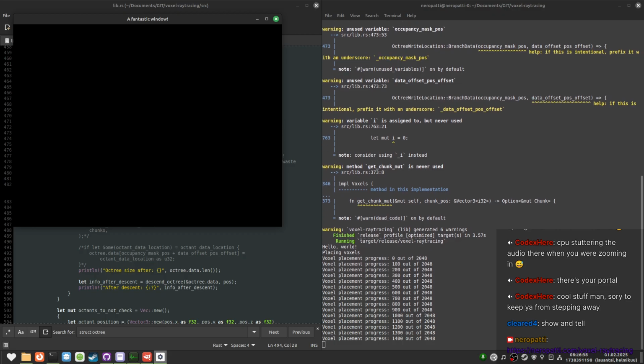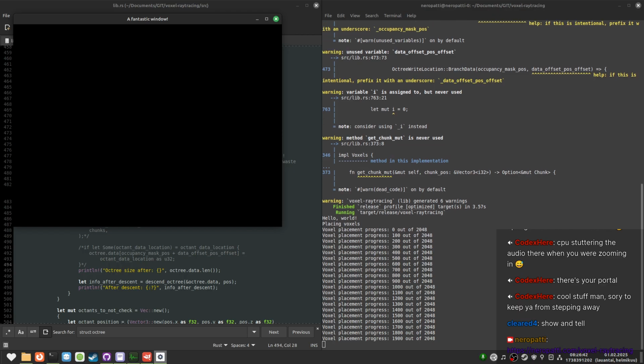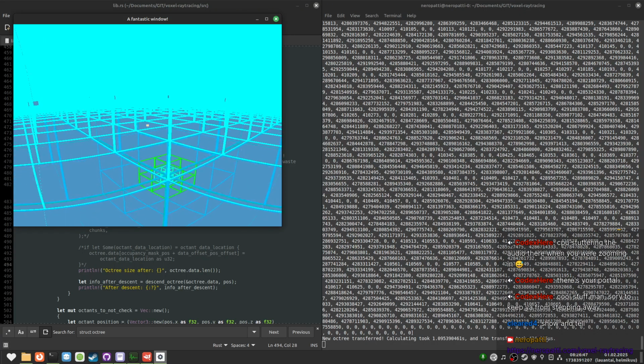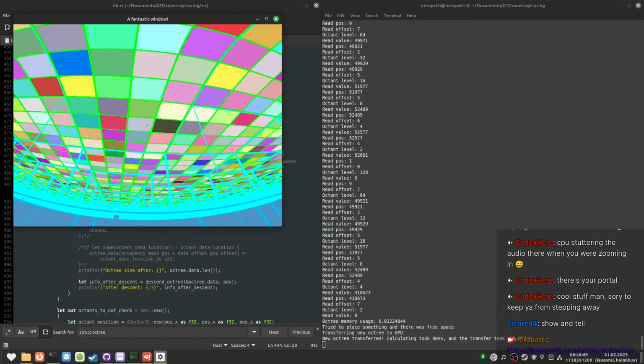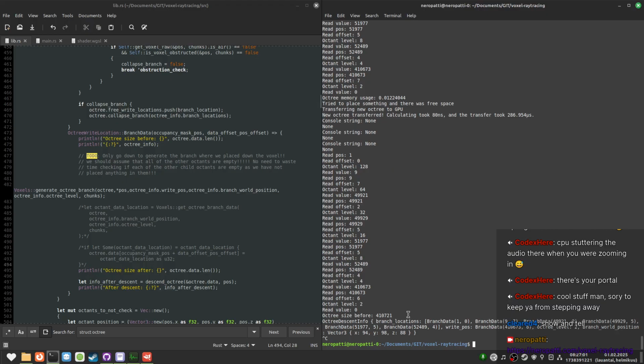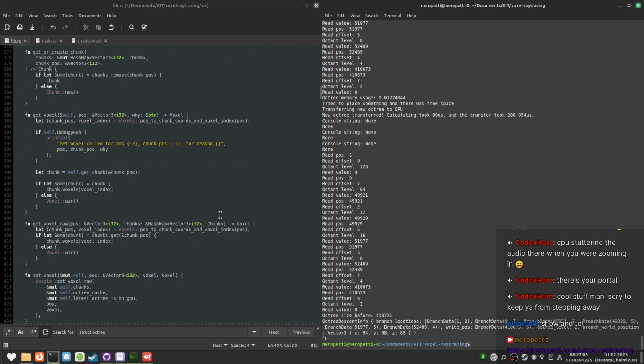It will still be slow in the initial generation. But see if we can place anything. We cannot. Oh, infinite loop? I don't know how we entered an infinite loop. At least it wasn't a GPU infinite loop.